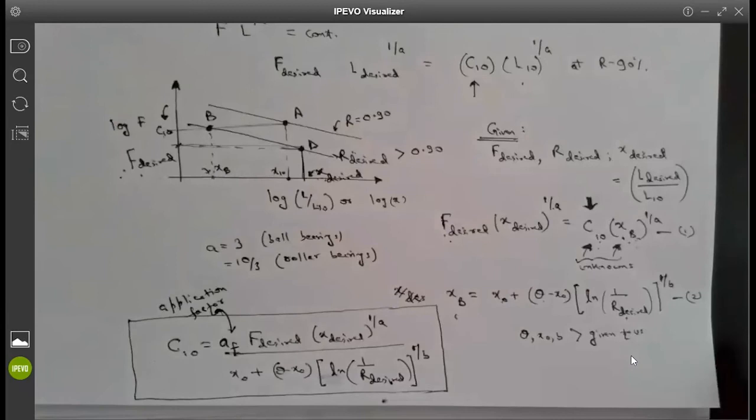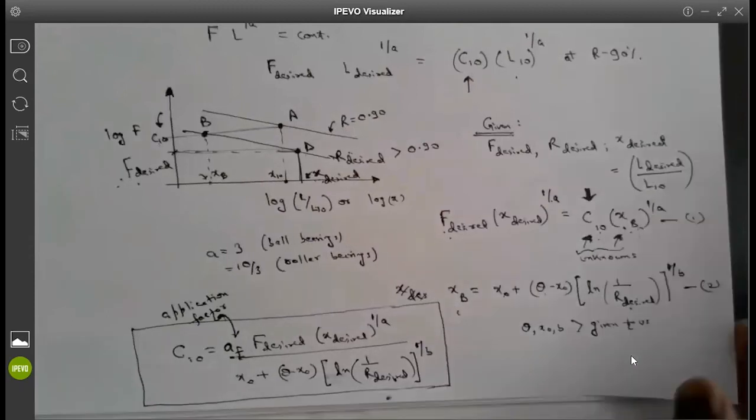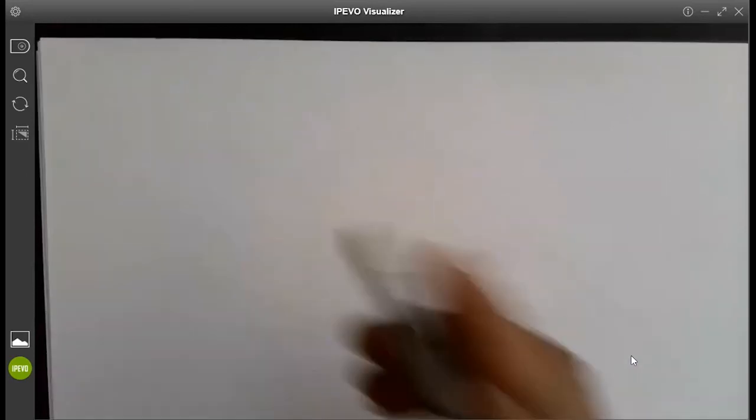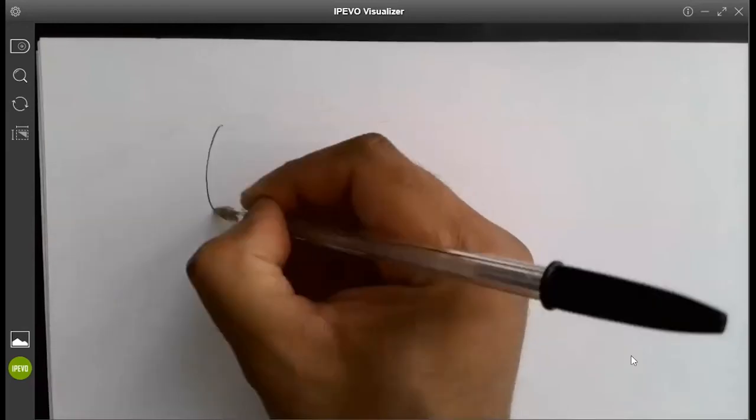Okay, if there are none, I was hoping to extend this discussion to axial loads and finding the equivalent radial loads for that, but for the sake of our time, let's focus on the example that I would like to show, to make sure that you know how to find the desired life and desired radial load for a given application. So for example, I am taking a specific